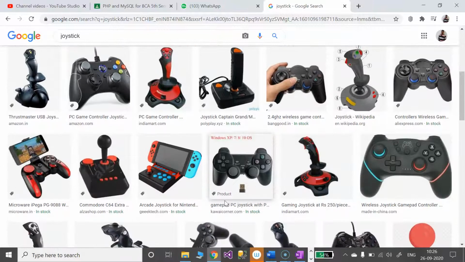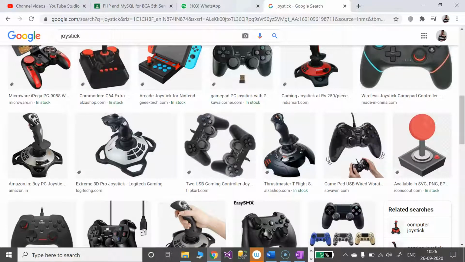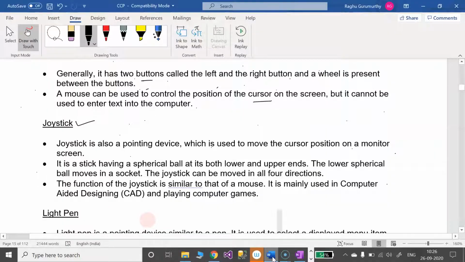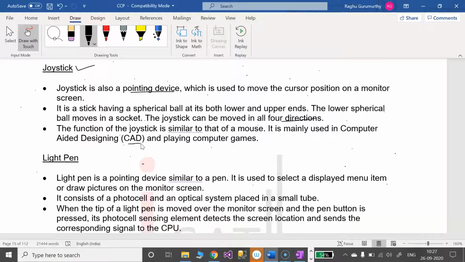We may get them in different varieties. The main purpose of a joystick is gaming, as you all know. Before going to the next point, we need to know that a joystick is used for gaming purposes. It is a pointing device which may move in 4 directions. Later, it is also used in computer aided designs. This is regarding the joystick.